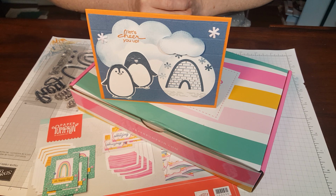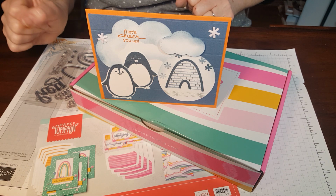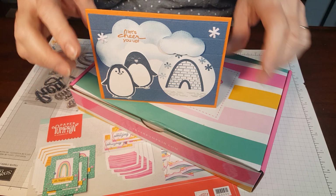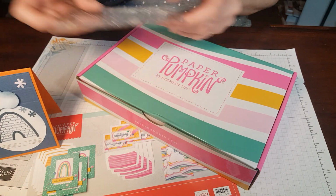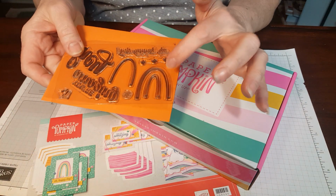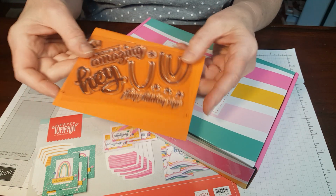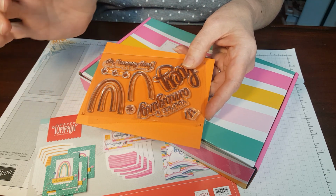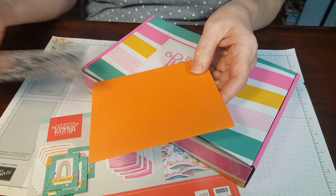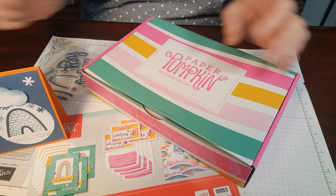So, finally got my pumpkin, and this one took a little bit more effort to get some alternates. Today I'm just going to show a little bit about this kit and the stamp set. It has these arches, which kind of remind me of McDonald's, and it has You're Amazing, Hey, and Oh Happy Day. So it had some fun things in it, but to try to get something out quick enough, and whew, there's